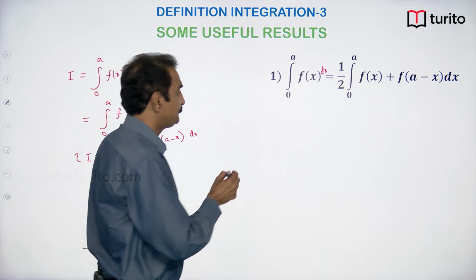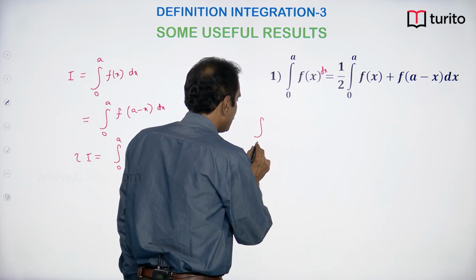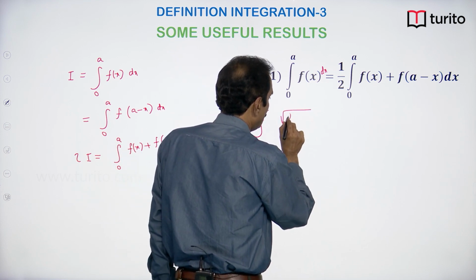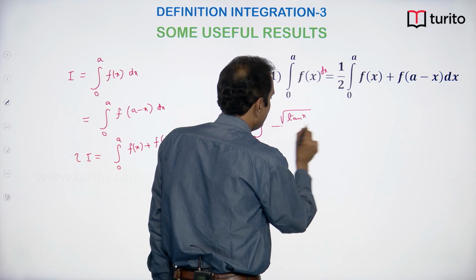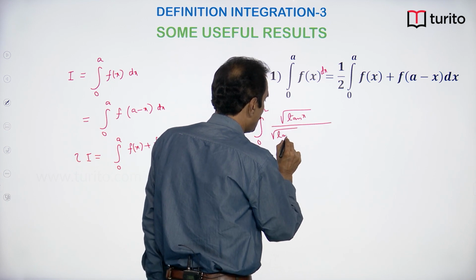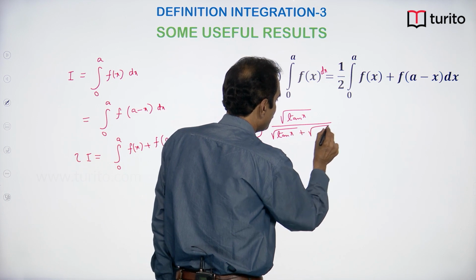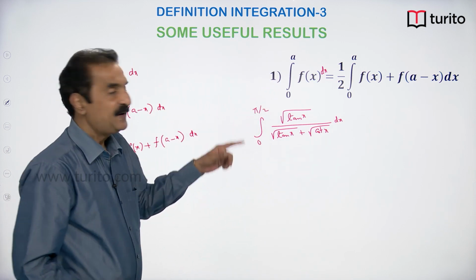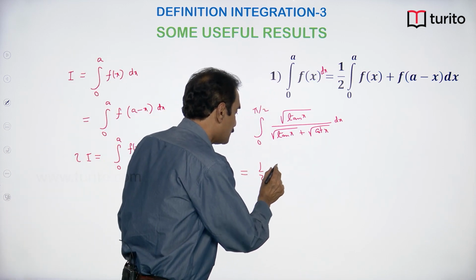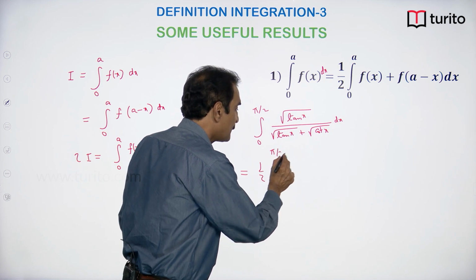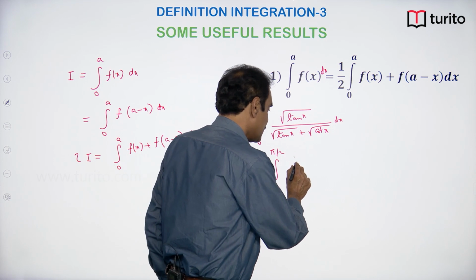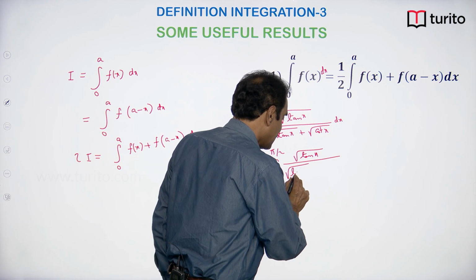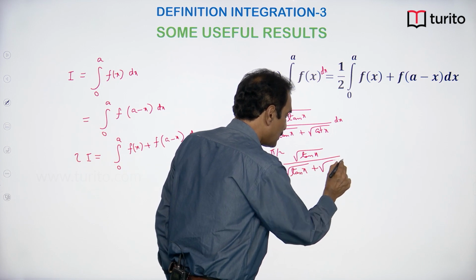For example, you want integral 0 to pi by 2 root tan x by root tan x plus root cot x. Then immediately you write it as half into integral 0 to pi by 2 f of x, that is root tan x by root tan x plus root cot x,